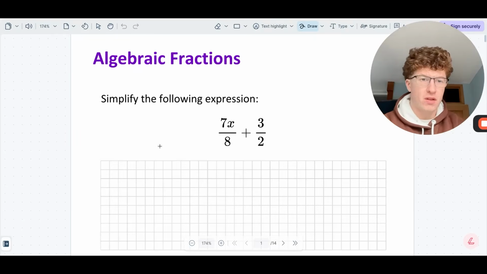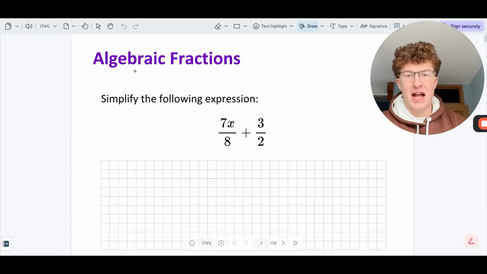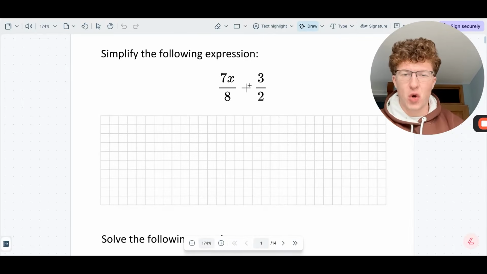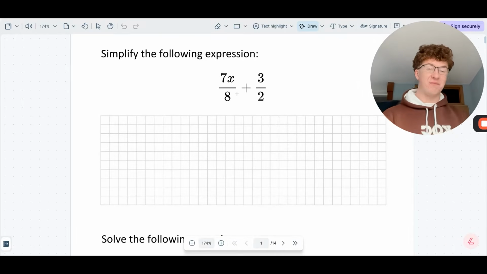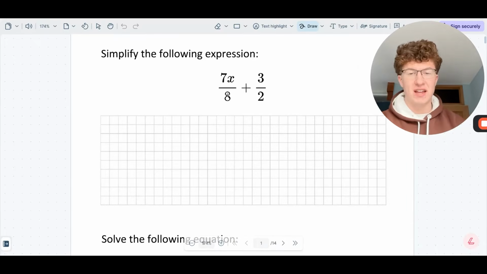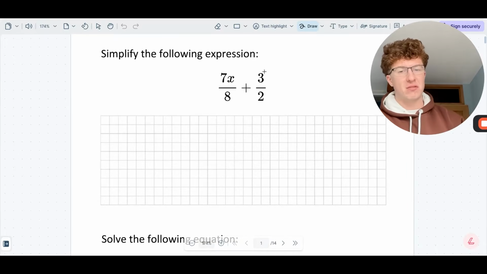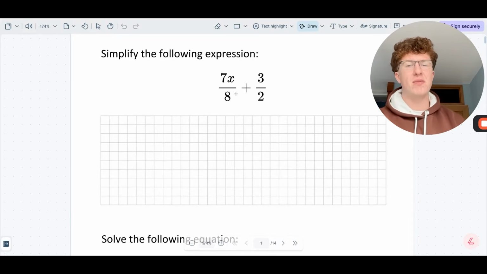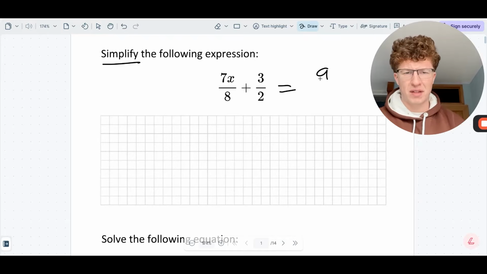Okay, so this first question here, algebraic fractions, we need to simplify this expression. Notice that there's no equals sign. We have a plus sign here. So what we're going to be using is basically just multiply across the 8 and the 2. And then to get the denominator, we're going to get bottoms. See, when there's a plus here, and this says simplify, we're just going to get something like A over B,